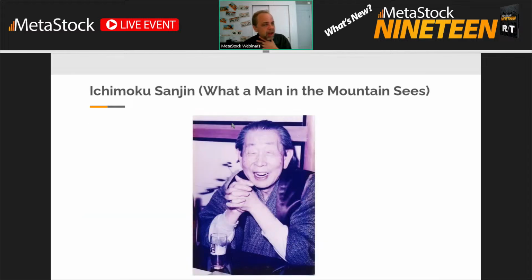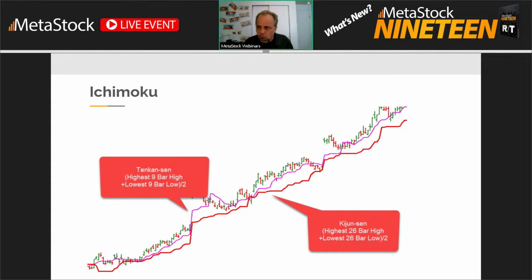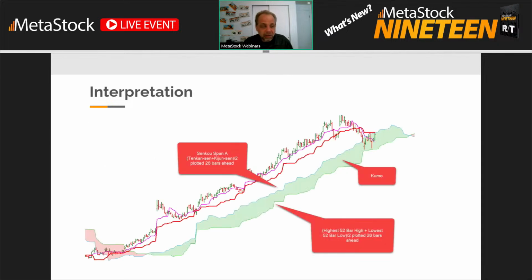How much of this do I have? By the way, the Ichimoku was put together by Goichi Hosoda, who also went by Ichimoku Sanjin, which is what a man in the mountain sees. But there's a lot of things that you can keep track of. There's quite a few different indicators, like the Tenkan-san and the Kijun-san, and there's a lot of different interpretations. Certainly,